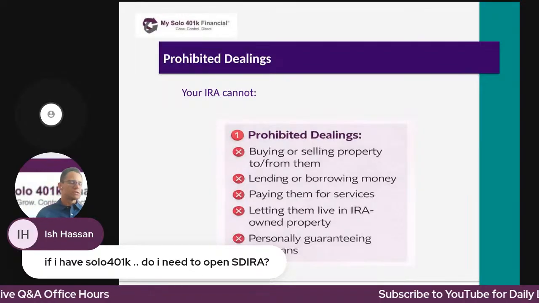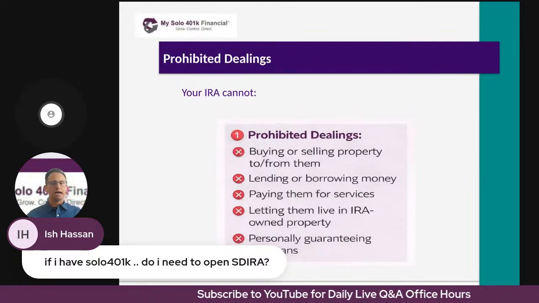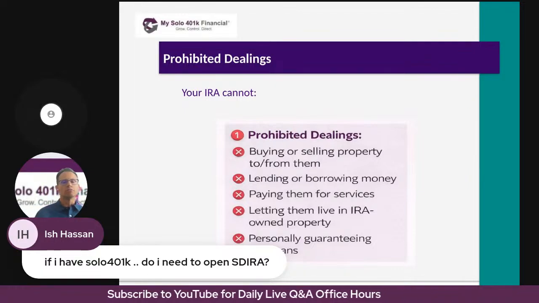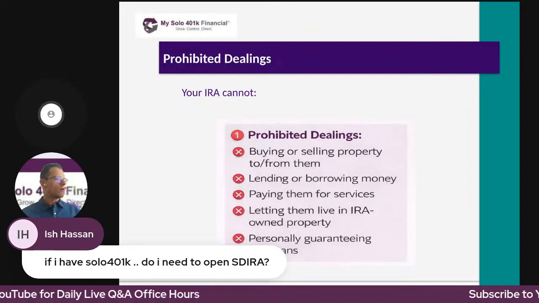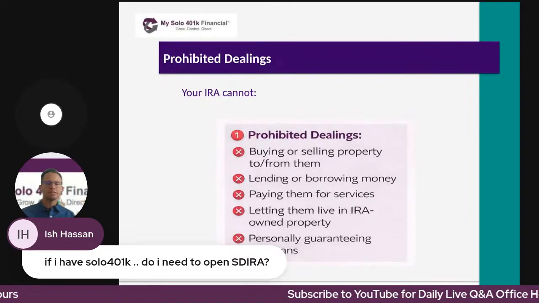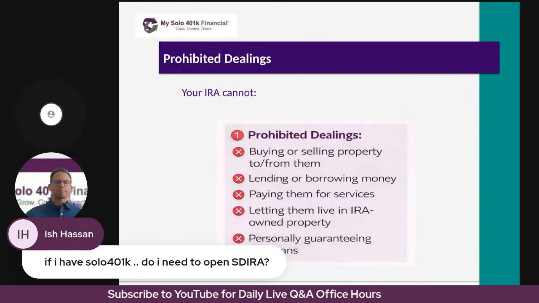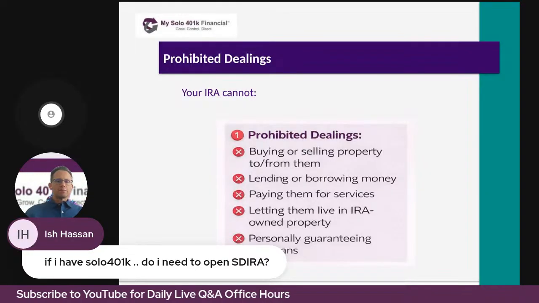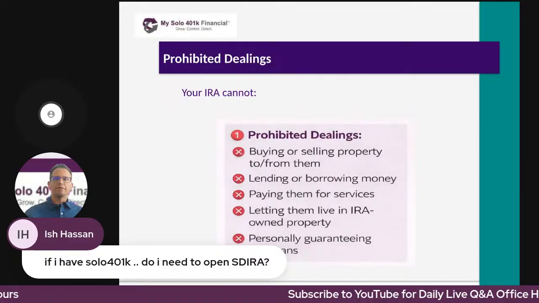There's also restriction on loan guarantees. Your self-directed IRA cannot guarantee a loan for you. So let's say you want to buy a primary residence. You cannot use your self-directed IRA funds to guarantee that loan. Those are some items to understand. Let's take a look at some questions here, and then we'll talk about self-dealing and indirect benefit regarding a self-directed IRA.